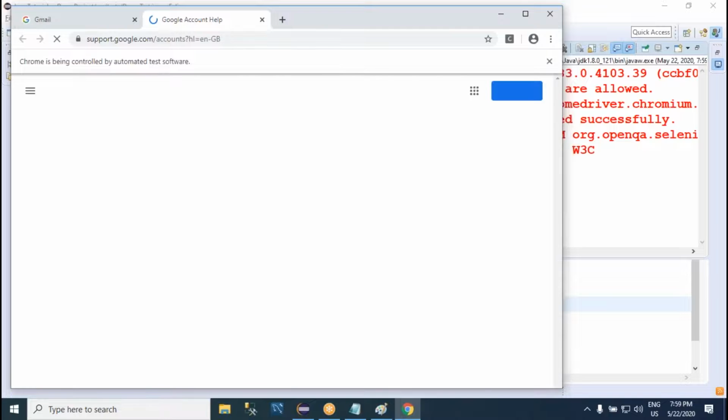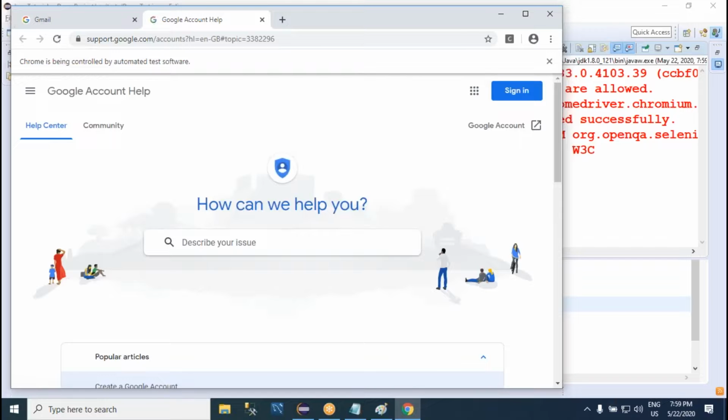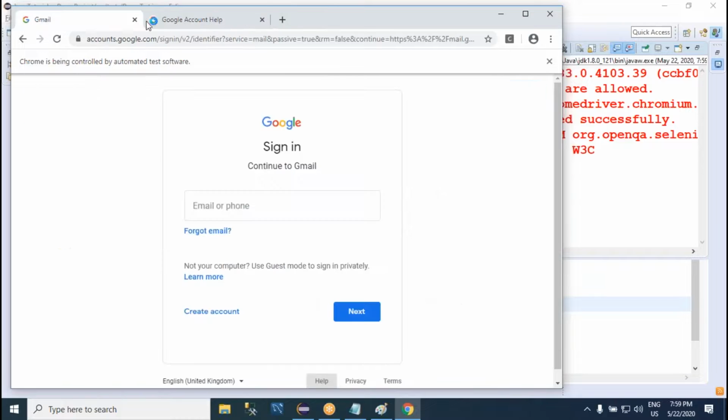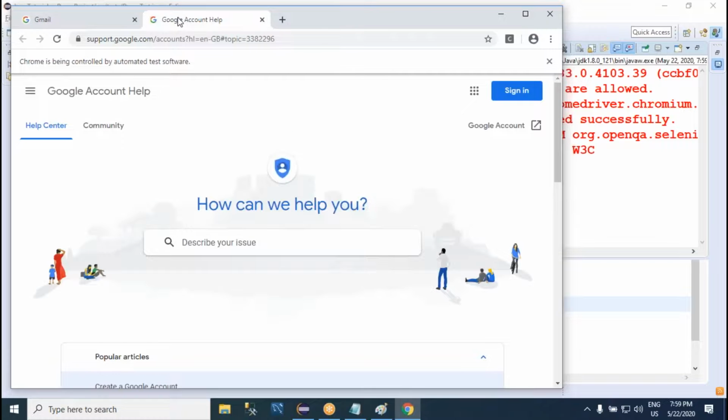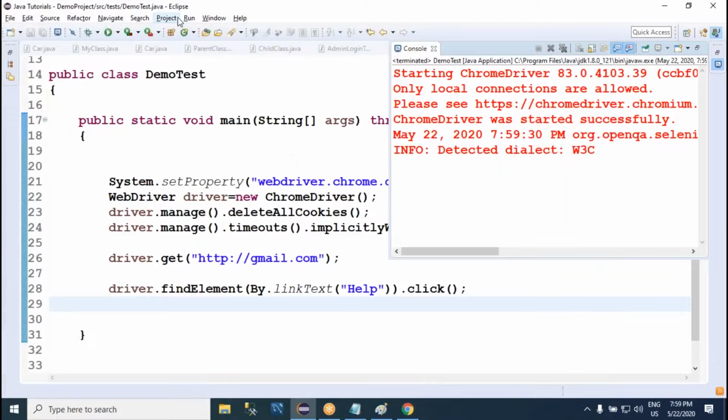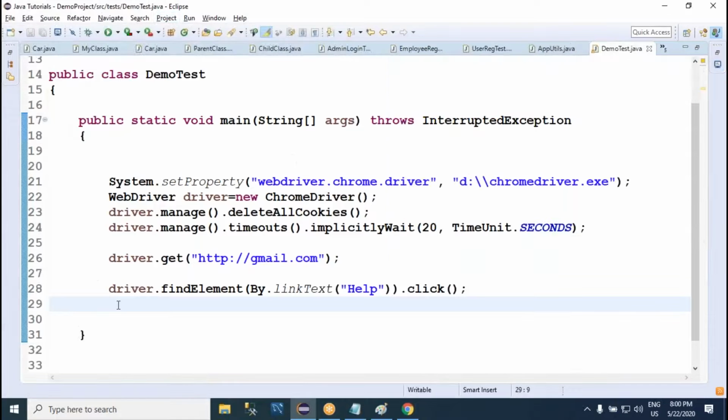A new window opened. So now this window will have an ID. This window will have another ID, correct? Another ID. So now